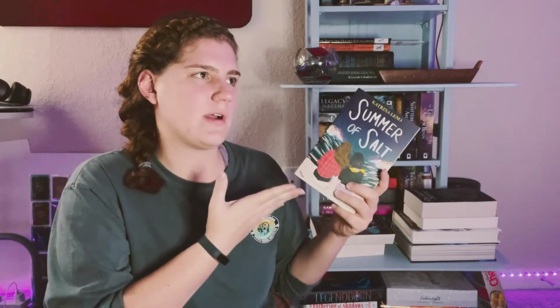So in this book, we are following these 2 twin sisters who live on this island, and they have magic. All of the women in this line have magic, and it's kind of something that's accepted by the island but not really talked about. And there's this bird that comes to the island every single year, lays eggs, and it brings in a lot of tourists, which help pay for the entire island to continue surviving because it's very small. And this year the bird is late, and the main girl develops a relationship with another female that comes to the island,